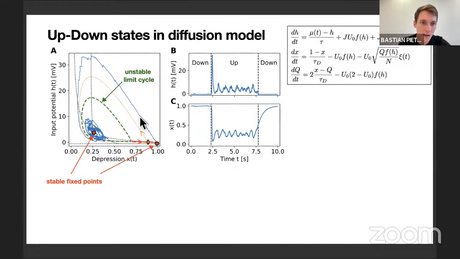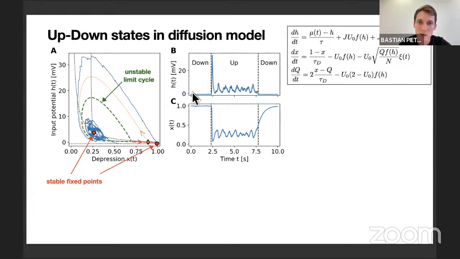We make an excursion, running along the unstable orange dotted saddle manifold, and on the way back to our down state, we come very close to the unstable limit cycle, which is the basin of attraction of our stable fixed point here. And finite size fluctuations can kick us inside it. We try to run into the upper stable fixed point until other finite size fluctuations kick us out of the limit cycle, also out of the basin of attraction, so that we run back to our stable down state.